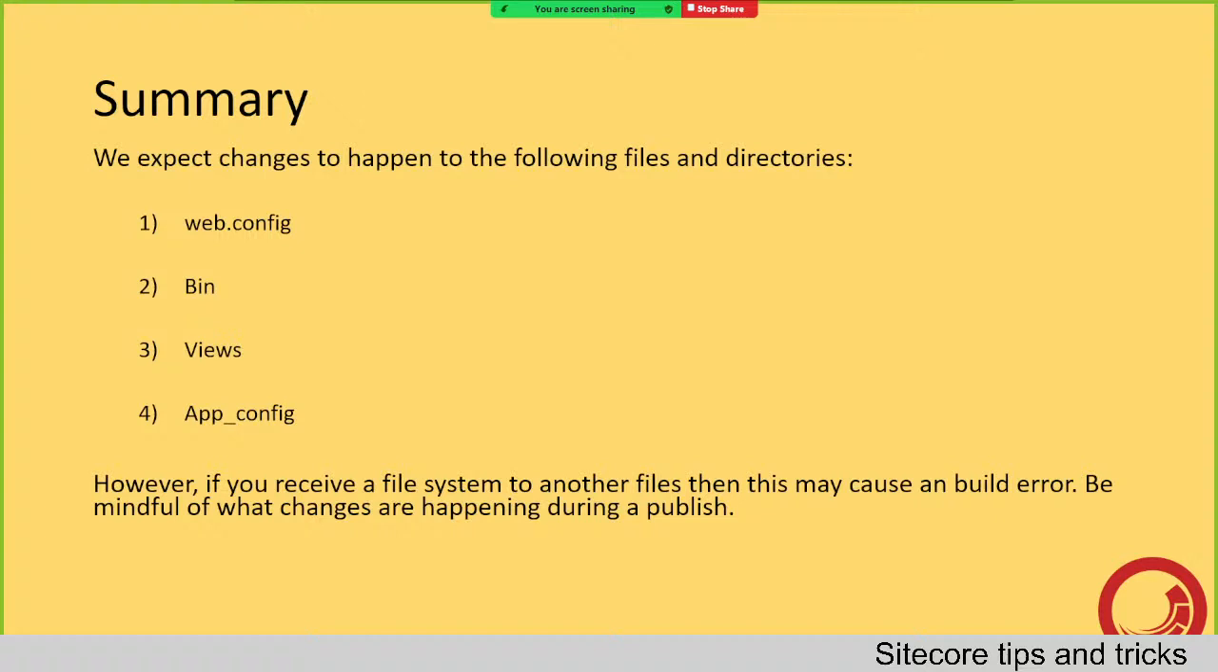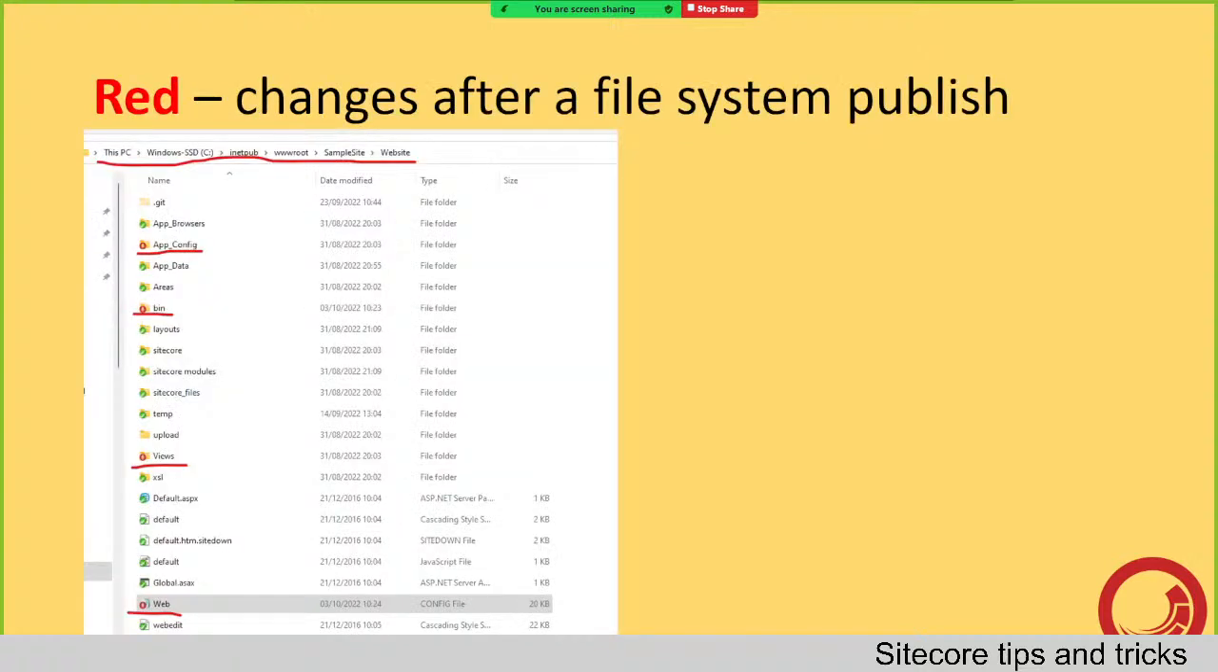We expect changes to happen to the following files and directories. So we expect it to happen to the directories I just named. However, if you receive a file system change, or if you see another file that's changed, so if any of these other files have changed back here,